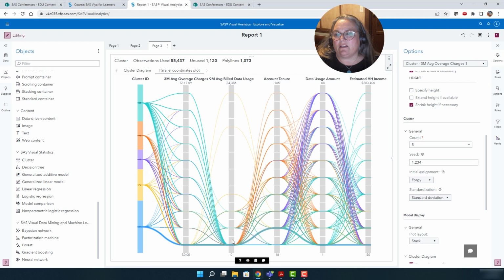And in the lower portion for our account tenure, the oranges are very much higher in the account tenure. The 3s seem to be high in data usage, and then those 5s seem to be in the higher end of our estimated household income. So this is just another way to look at the data and the different groups that have been created.